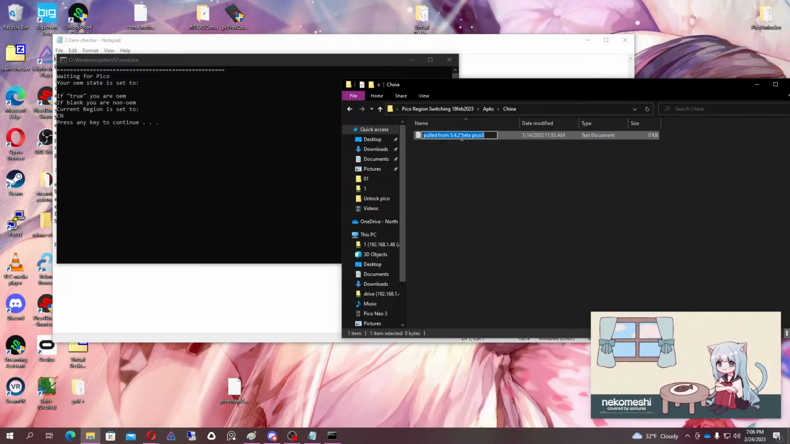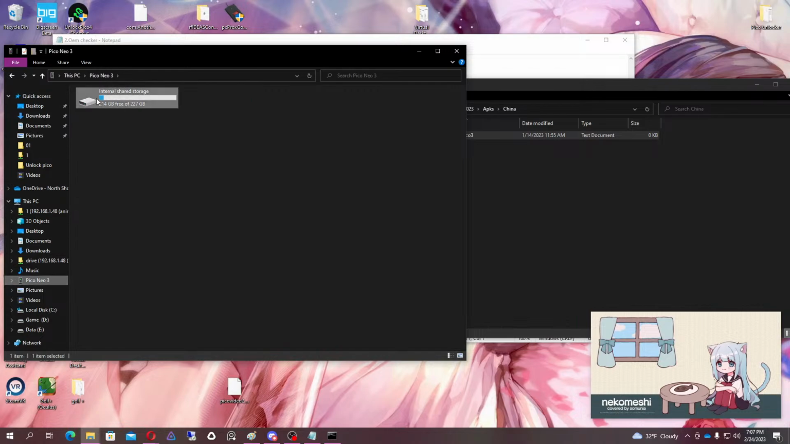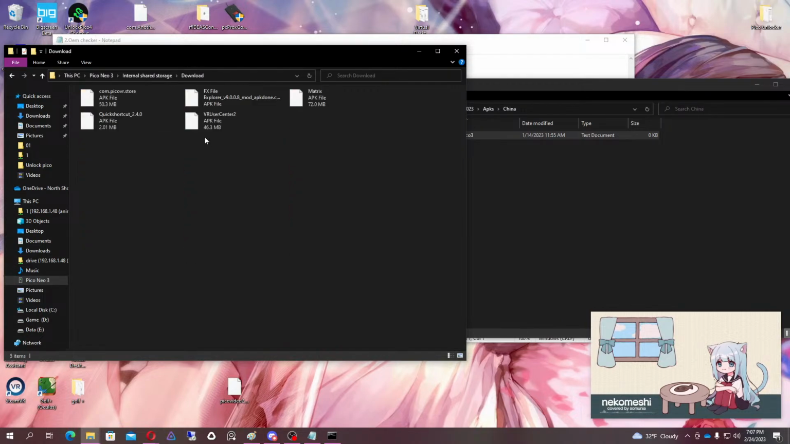And then we need to pull this from 544 Pico 3 CN. Okay. So the reason I want to pull it from there is because if we don't say what it's from, I'm going to forget and it's not going to be good. So we're going to go to my Pico 3 and then go to downloads, and we're going to go to here,